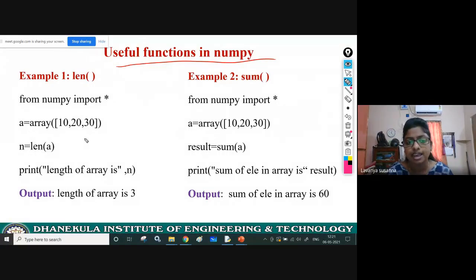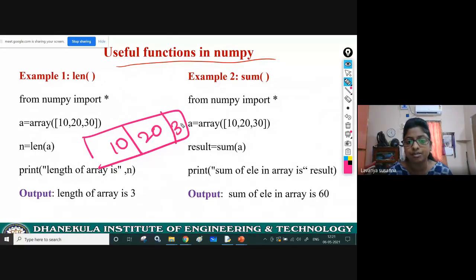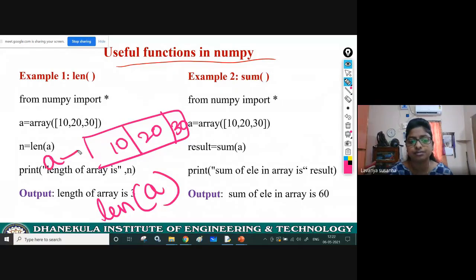See here, I have created an array containing 3 elements, 10, 20, 30. Now you are using the len function, len of a. Inside this function, you are passing variable a. What is the variable a here? It is an array object containing the elements 10, 20, 30. How many elements are there? 3. So this len function will count the number of elements and return it.